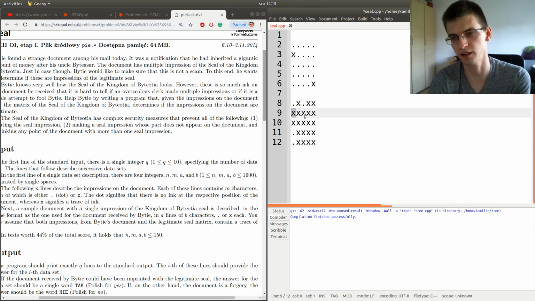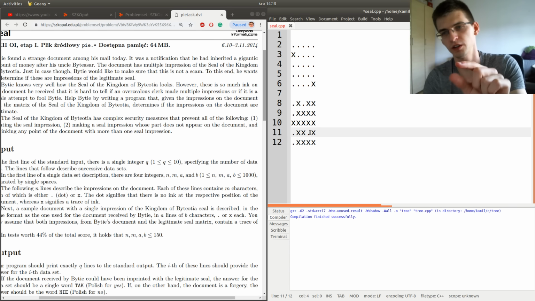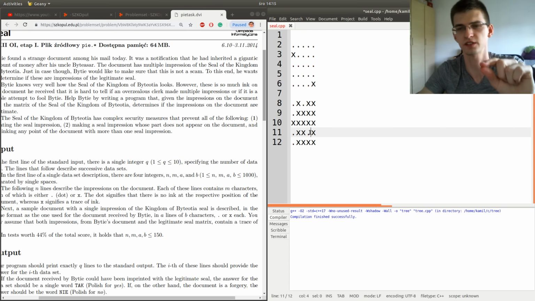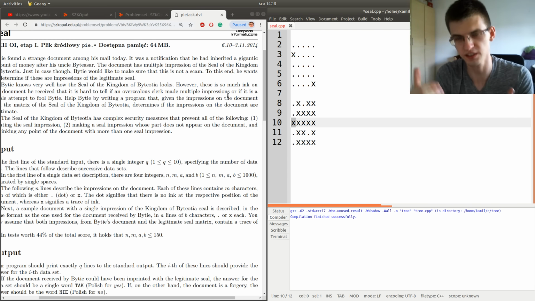Then this cell, and yeah, we notice an x. So at this moment, we say that we put one occurrence of the pattern here. So this x will turn into a dot, into an empty cell, and the same with this x, because we know that the other x was in some position with respect to that. And we don't start from the beginning. Instead, we just move to the next cell, and we consider, should we put the pattern here?